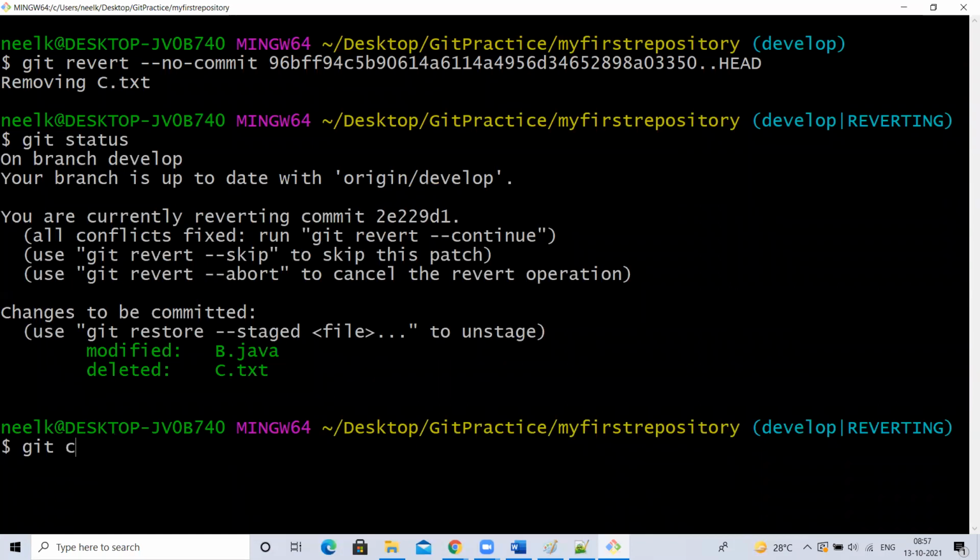But git reset will also do the same. Where you are, git reset? Did I say this is homework for you? What is git reset? What is git reset, guys? If you do this, then only I will get angry. What is git reset? Why we use git reset, guys?